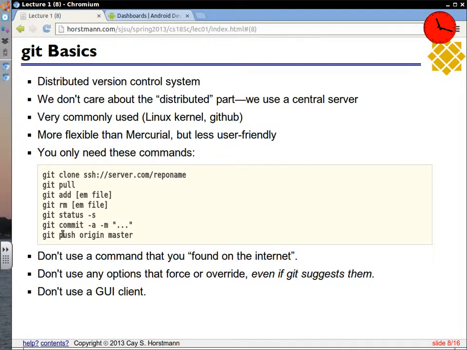Hard to debug. Yeah, and a GUI client is nothing but a front end to the command line tools. So the GUI client will, in rapid succession, spew out some of these commands, which may or may not be the ones that you actually want. And you don't really have any good way of knowing what they are. The GUI clients are written by happy day people. They work great when everything is happy.